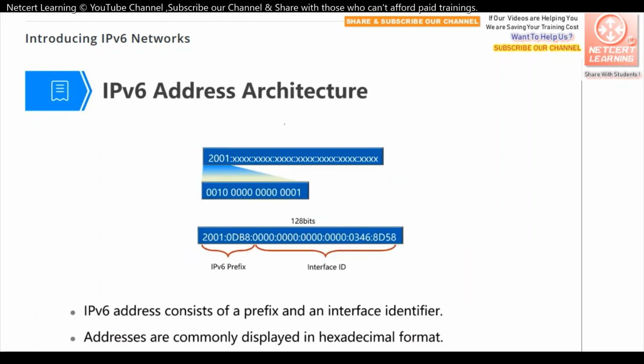Okay, next is the IPv6 address architecture. We know that an IPv6 address has 128 bits, and we can divide these 128 bits into two parts. The first part is the IPv6 prefix. The second part is the interface ID. So we can regard the IPv6 prefix as the network address and the interface ID as the host